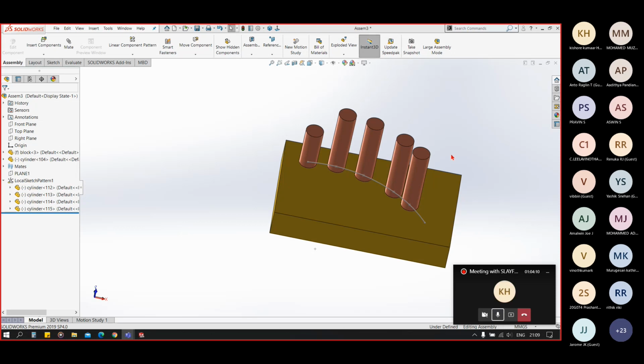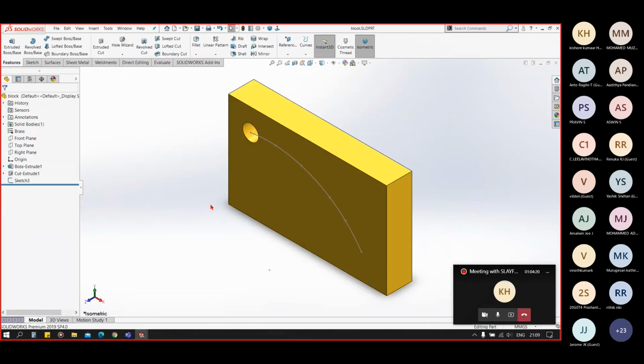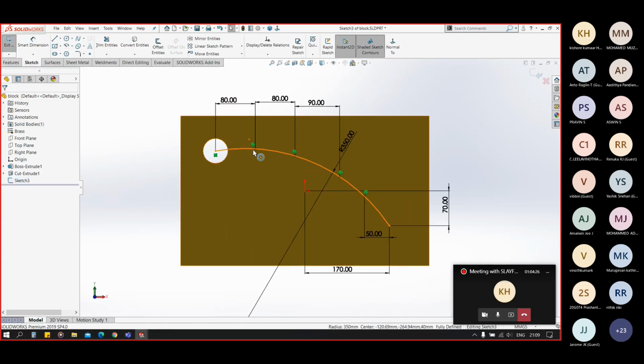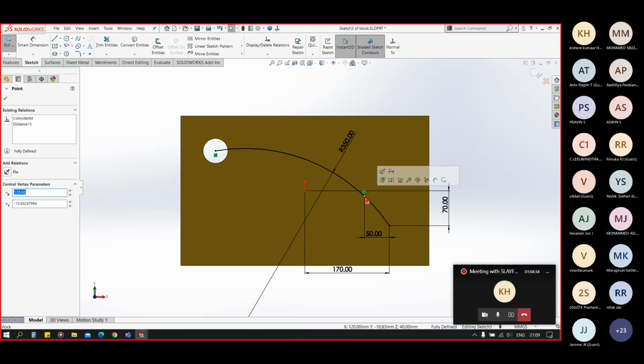Now let's see the next type, that is the curve driven component pattern. For the curve driven component pattern, we do not need to plot the points. Actually, we just need the sketch.